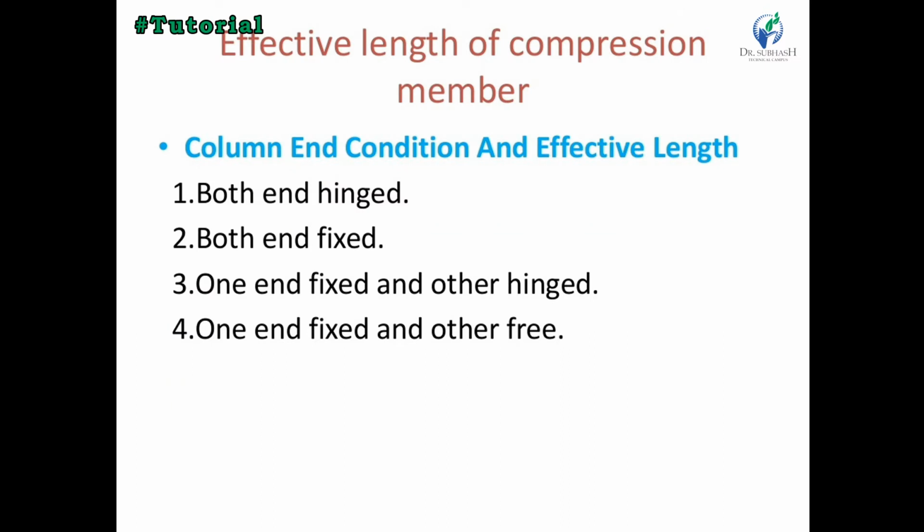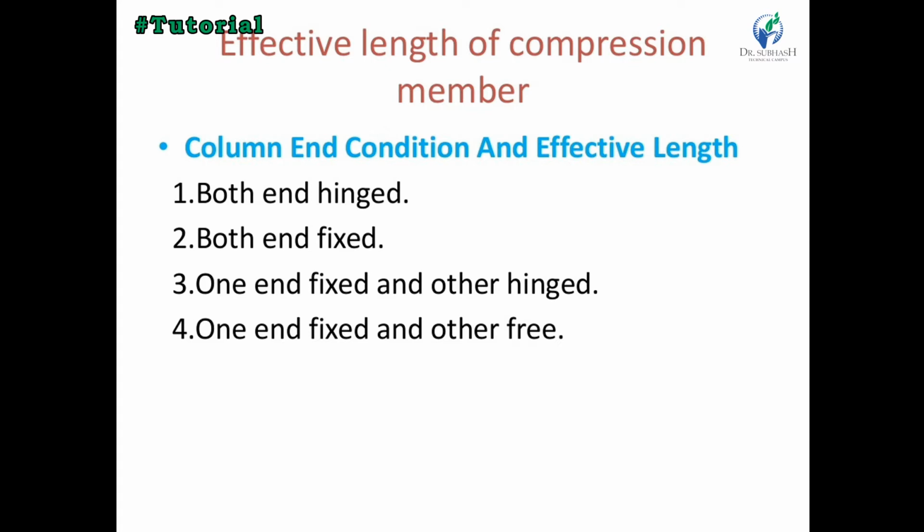Next we find out what is the effective length of a compression member. The effective length of a compression member is the distance between points of contraflexure, which means zero moment, of a buckled column. It depends upon the actual length of the column and its end condition. The actual length of the column is taken as the length from center to center of intersection with the supporting member.